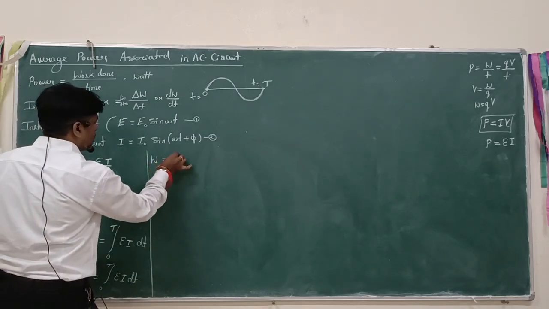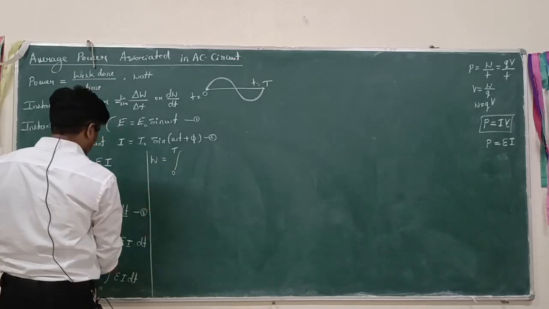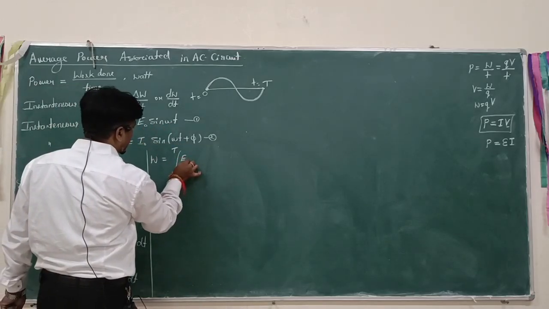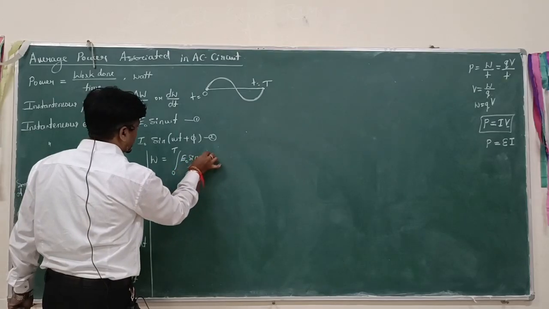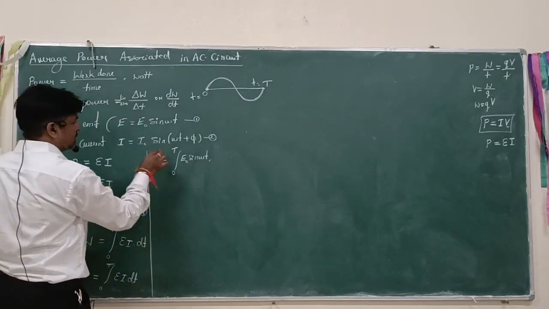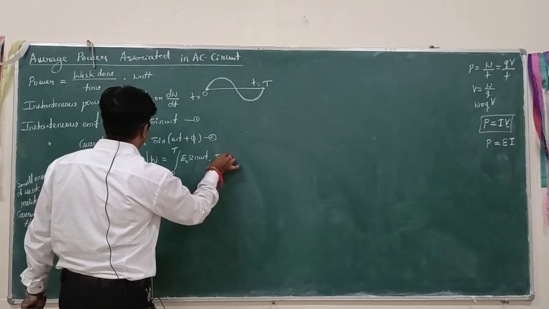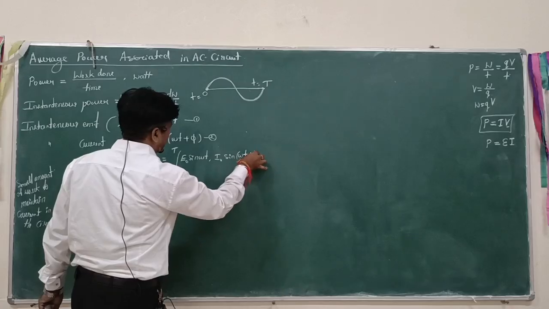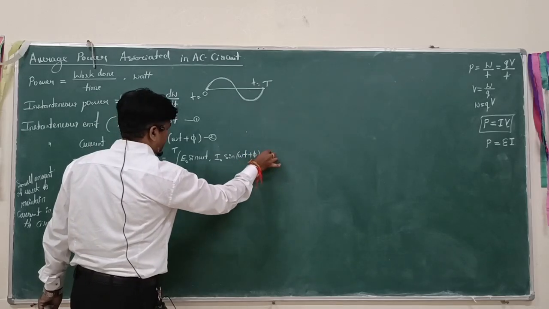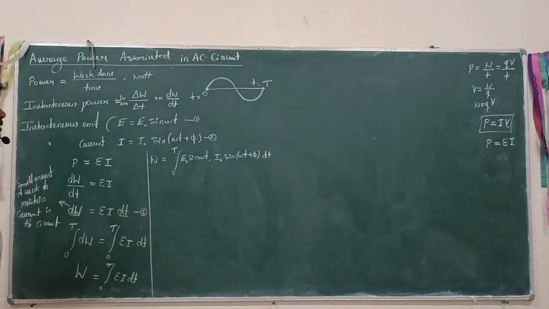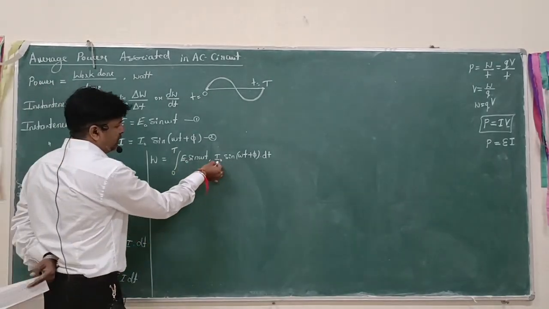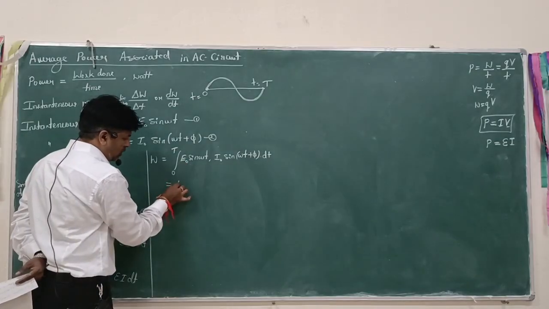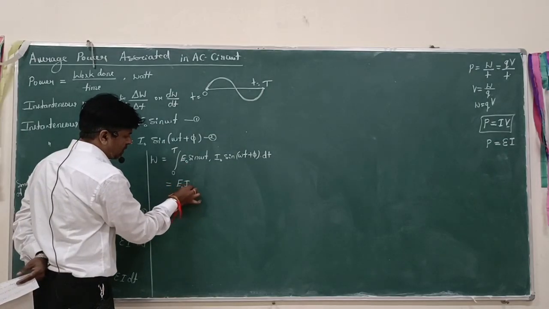W is equal to integration from 0 to T of the instantaneous voltage E naught sin omega t into the instantaneous current I naught sin(omega t plus phi) into dt. Here E naught and I naught are the peak values, so they are constants. If we take them outside, we get E naught I naught